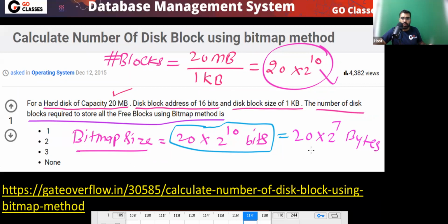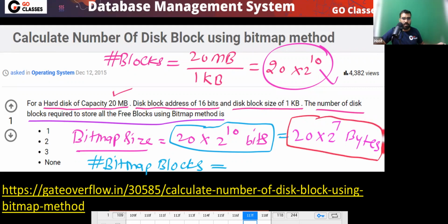Right? Okay. So this will become these many bytes. But what we need? We want how many blocks are needed for the bitmap? Number of bitmap blocks. How many blocks do you need to store this? So that will be 20 multiplied by 2 power 7 bytes divided by